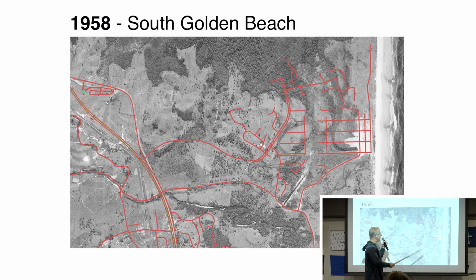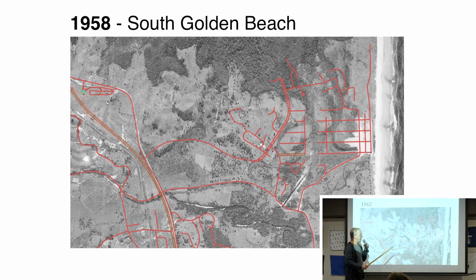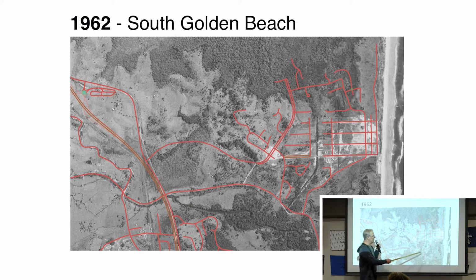But you can see that at this point, that channel is now closed. So that's the root cause of our problem, that we no longer had that outflow which got rid of the excess floodwaters from 1958. A channel was constructed in the hope that the water could come out and back or direct that water over there. But next, over time in the next few years, so this is 62, we had the hotel developed there,